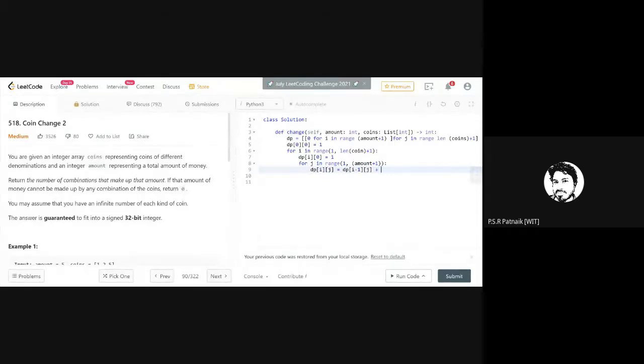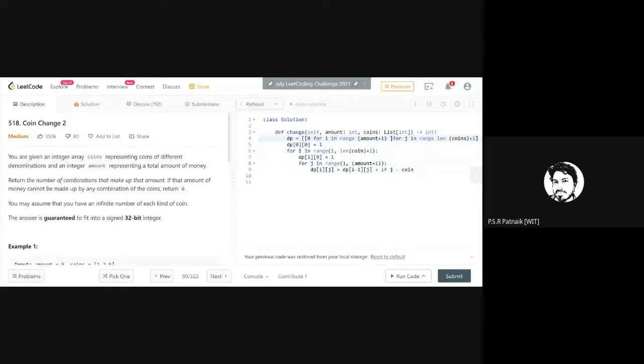So in Python, you can always check a condition directly here. So what you will do is you will check if the amount, I mean j, right? If amount minus the coin currency value,